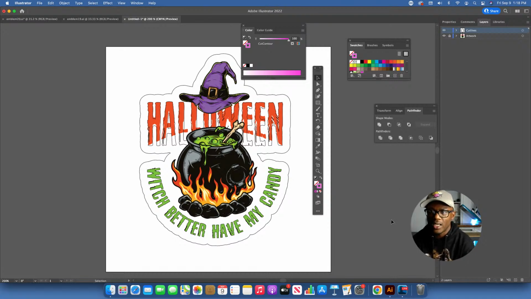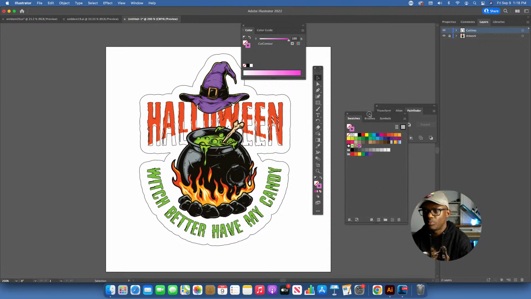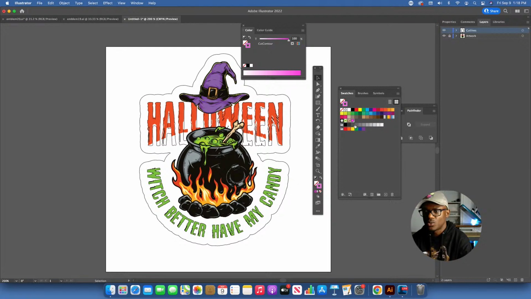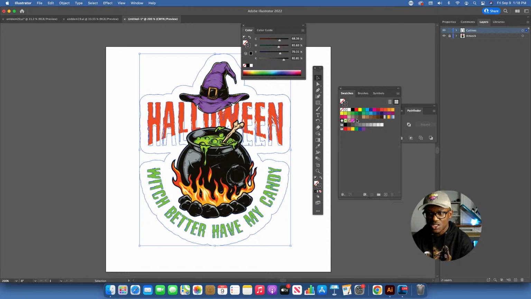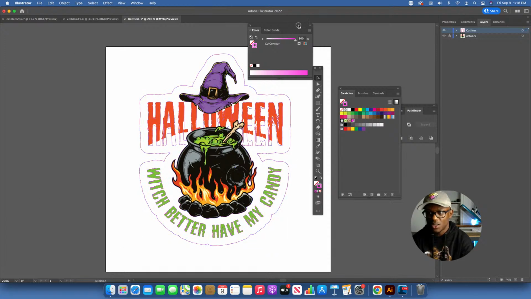Okay, that swatch is made. And inside of my swatch panel here, you can see there is a pink swatch with the triangle at the bottom. It's in that library now. We don't have to create this again. It's always going to be there. So now if I click on that stroke again, I can just hit this contour swatch we made, and it's going to change to that pink line that we created it to be.